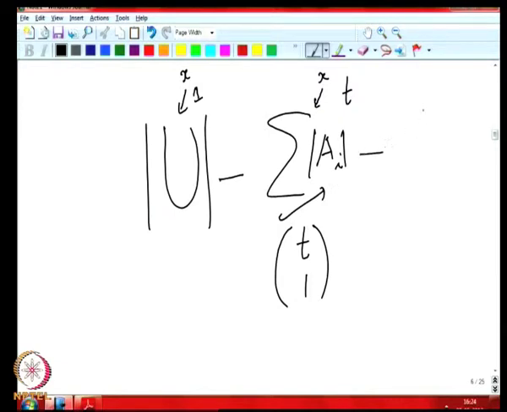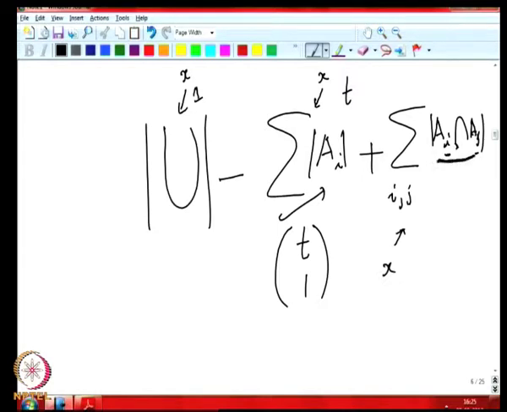And the next term of this sort, IJ, any pair of sets, if you take AI intersection AJ kind of sets, for any pair IJ from 1 to K, X will contribute how many times? If AI and AJ are such that X does not belong to either AI or AJ, definitely it is not contributing to this AI intersection AJ, because it will not be there in it. So, only the pair of sets